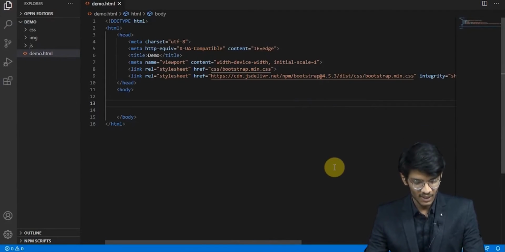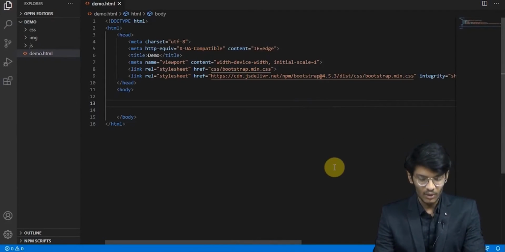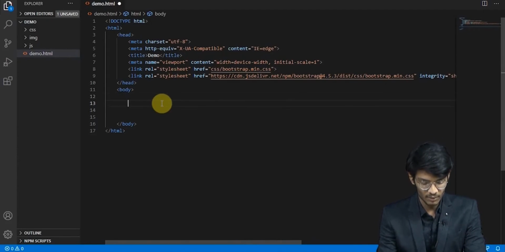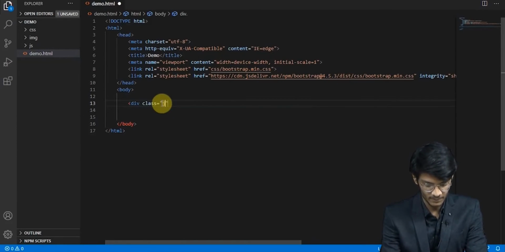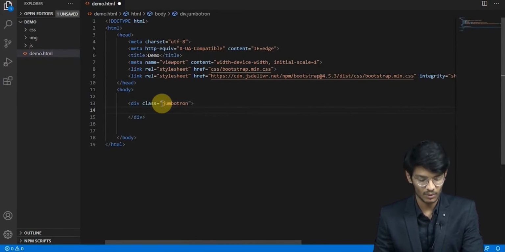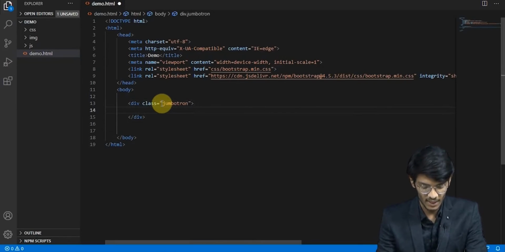So as you can see, I have got a demo.html file in which we are going to get a div class Jumbotron, and in that particular Jumbotron I am going to add a container.